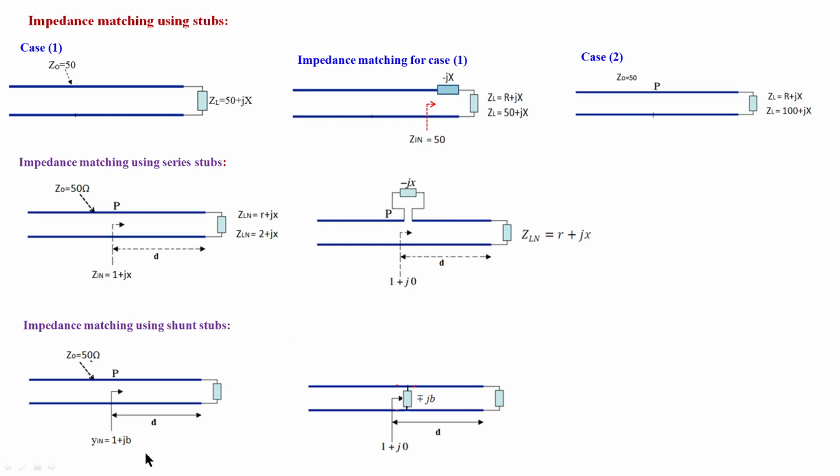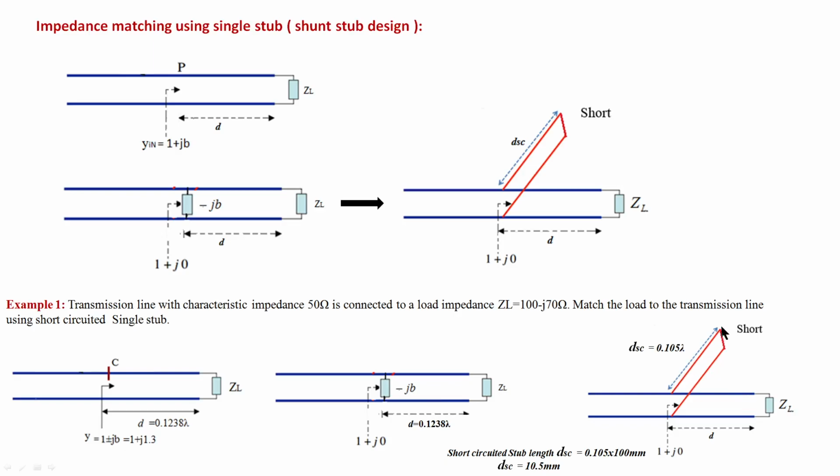And if it has admittance, for a shunt stub, if they ask you to use a shunt stub, you should find out the admittance and the B at this position. Connect the opposite susceptance like this. This can be implemented using a stub again, whatever the value is here. So you have to find the stub length based on the value of B. Connecting a minus jB, what should be the length of this stub? This is very important.